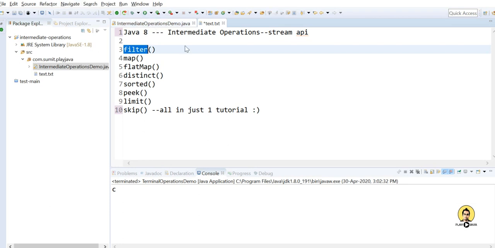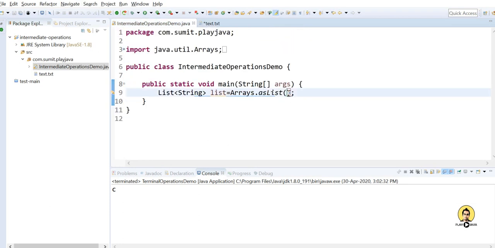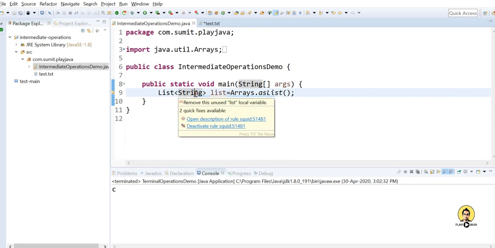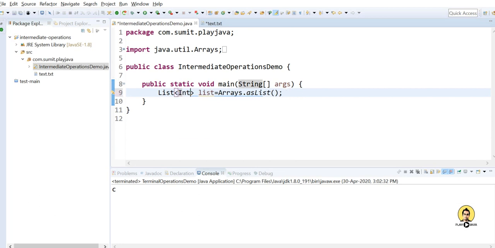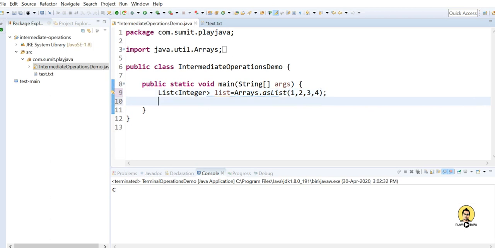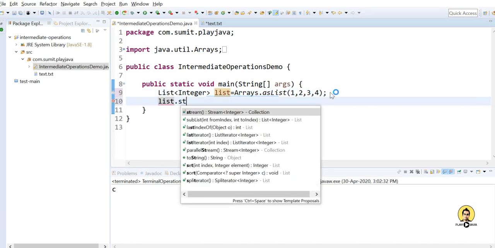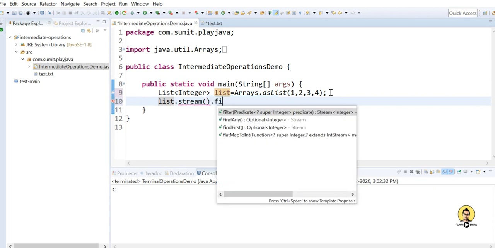I am going to create a list of integers using Arrays.asList, passing 1, 2, 3 and 4. So 4 elements are provided in this list, and I am going to call the stream function of this list, and then call the filter.